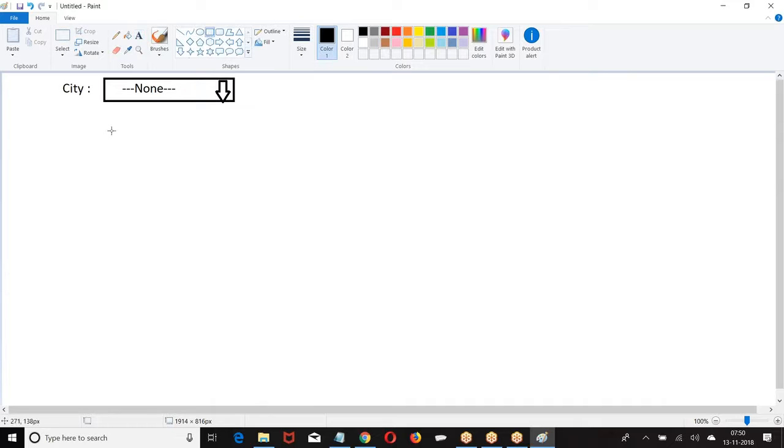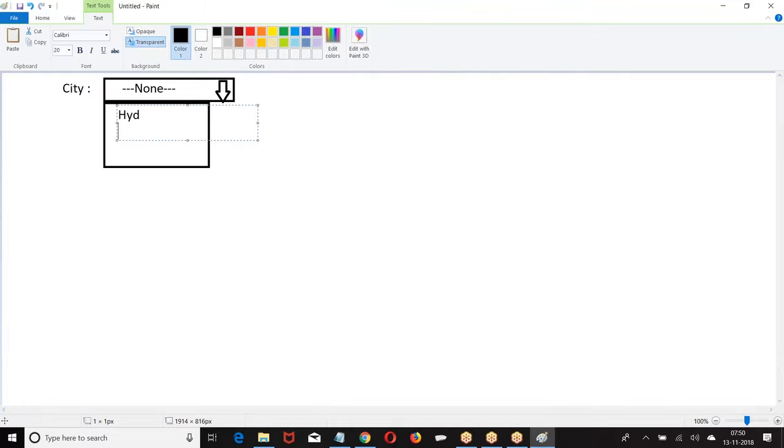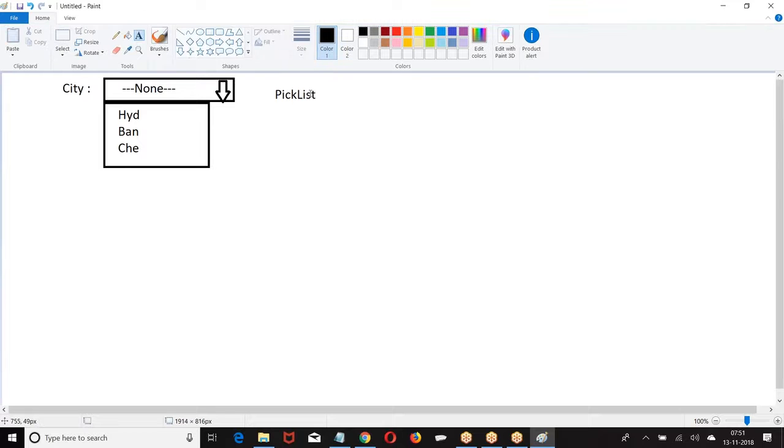If I want to create a drop down list, the data type I have to choose is pick list. Now, when you are choosing a pick list, how many options can we choose at a time? I can choose only one option at a time.